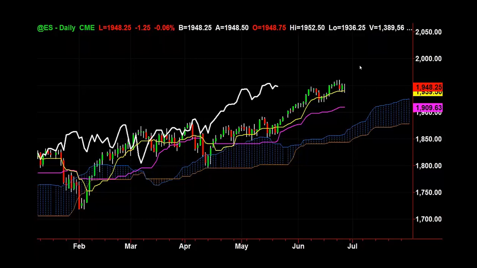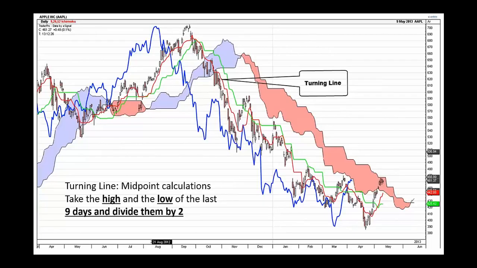Now, the transition is the really, really important part, and I'm going to show you how you could have caught every single move to the downside and how we were able to help our members catch some really good moves to the downside as soon as it went below the cloud, because none of this is hindsight stuff. It's going to look like it at first while I'm doing these PowerPoints, and then when I show you the live charts, I'm like, oh God, that works really good in real time. All right, so there's a bunch of different definitions that we need to cover, so let's cover those really quick.